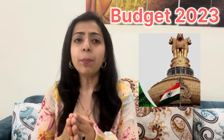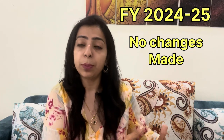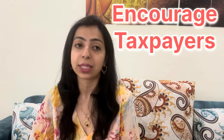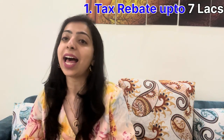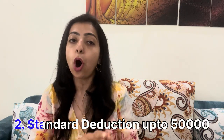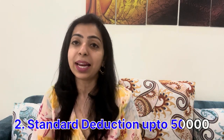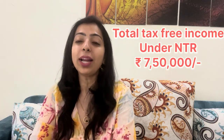Now, the government in Budget 2023 introduced major changes which remain the same even for financial year 24-25, since no changes were made in the interim budget 2024, to encourage taxpayers to adopt the new tax regime policy. A full tax rebate on income up to rupees 7 lakhs has been introduced. The standard deduction of rupees 50,000, which was available under the old tax regime, has now been extended to the new tax regime as well. So in short, this along with the rebate makes 7.5 lakhs your tax-free income under